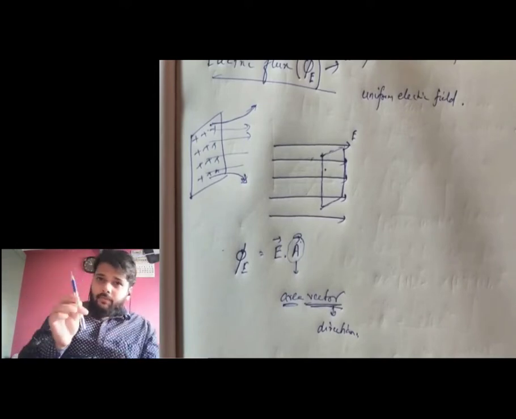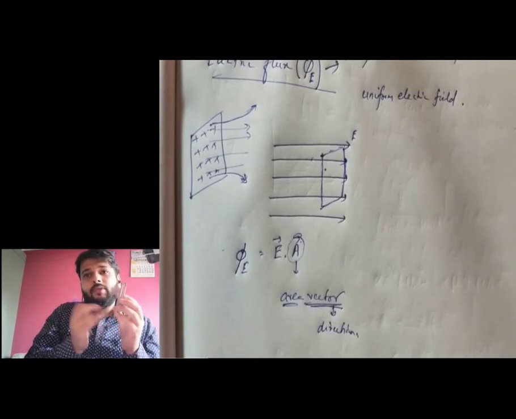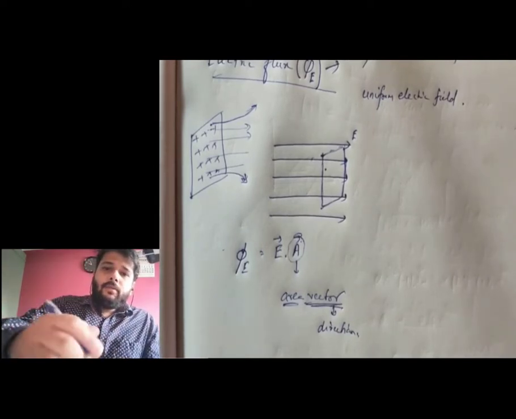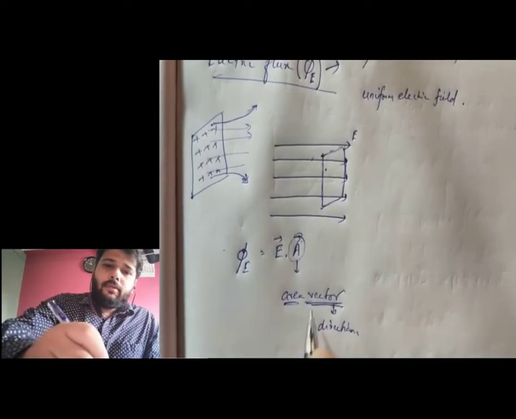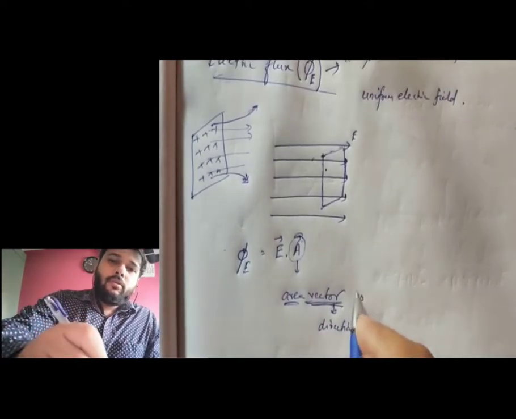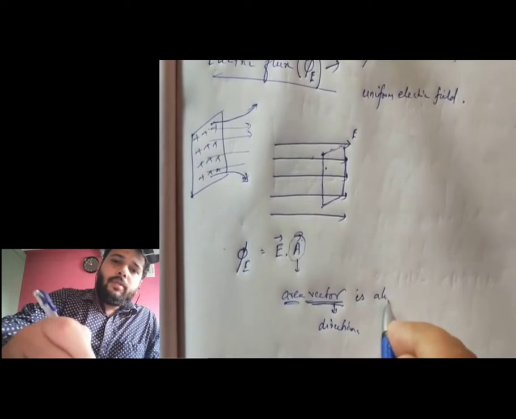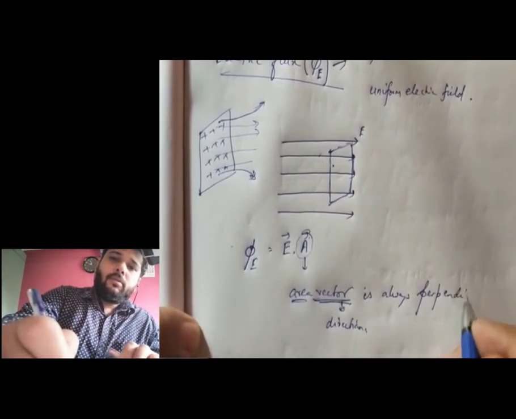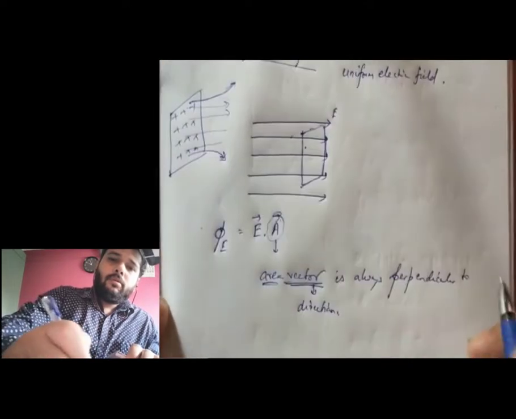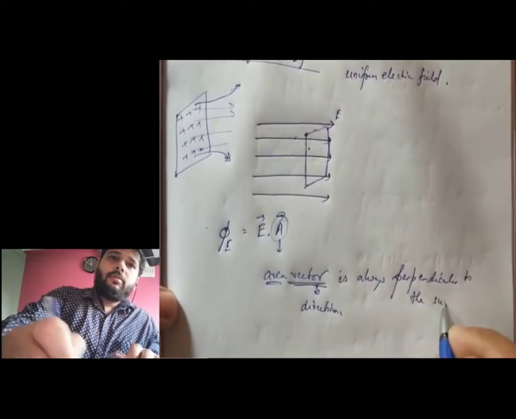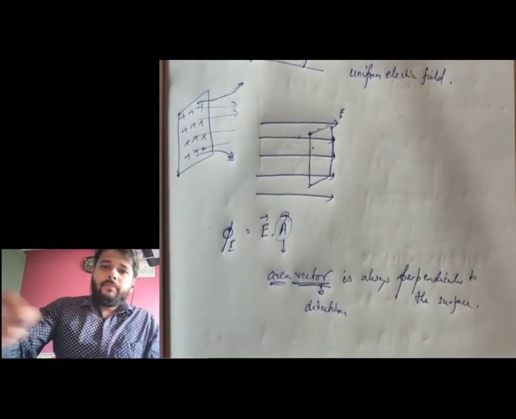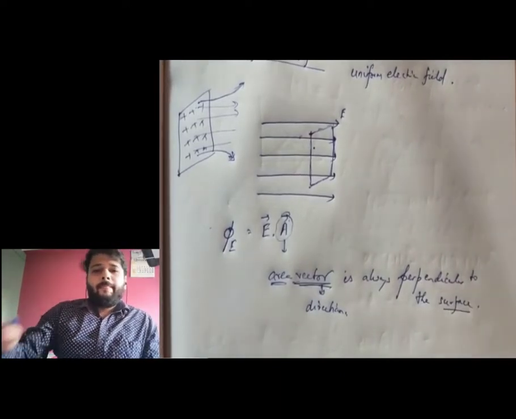Means this area vector and this surface will always be perpendicular to each other. Okay, so we say area vector is always perpendicular to the surface. Area vector is always perpendicular to the surface. Okay, now